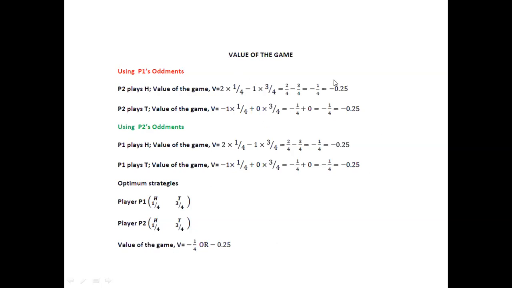Please see this and try to understand what exactly this is. 2, minus 1, 2, minus 1 is the outcome; 1/4 and 3/4, these are the proportions. 1/4 of 2 rupees, 3/4 of minus 1. Again, always this is a total sum, okay? Because the value was minus 1, that is why the minus sign has arrived in between. Here you just see 1 into 1 by 4 plus 0 into 3 by 4, okay? So the value of the game should be the same for all the consequences, all the alternatives, okay?